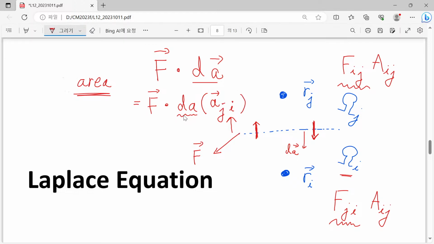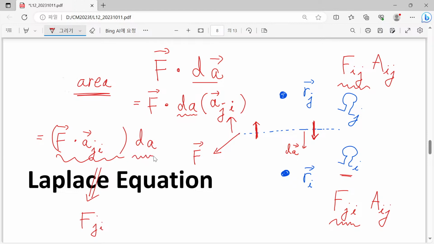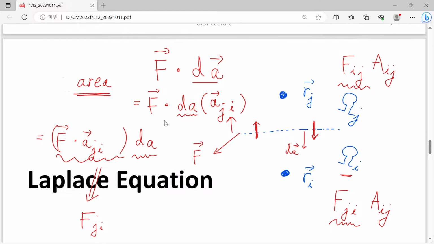And now you understand this calculation is done by f times our unit vector connecting j and i and multiplied by our dA. And this one was denoted as f sub ji, and now we have a purely area without having any kind of